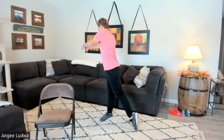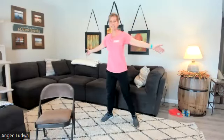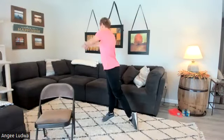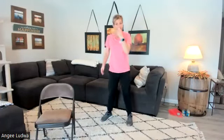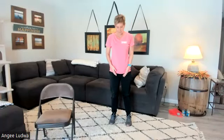4, 5, twist open. 6, 7, 8, twist open big. 9, one more time, twist open big. 10. Good. Okay, now feet are going to start at hip distance, shoulder distance apart, I should say, and we're